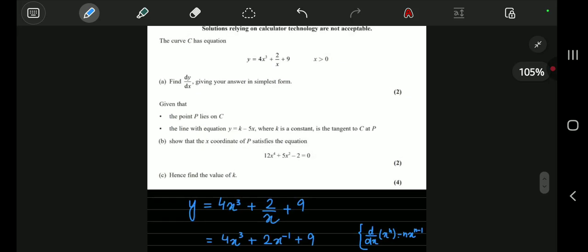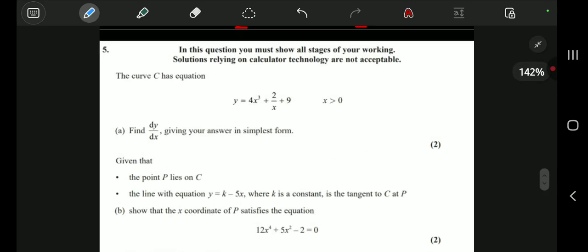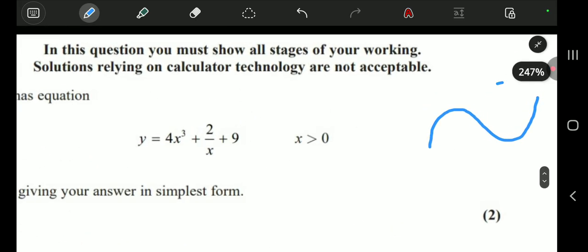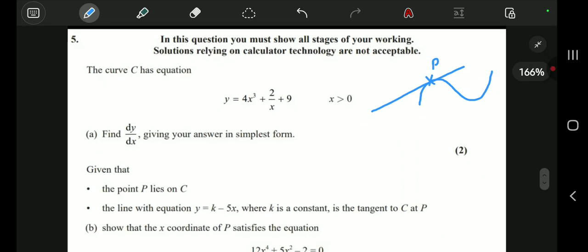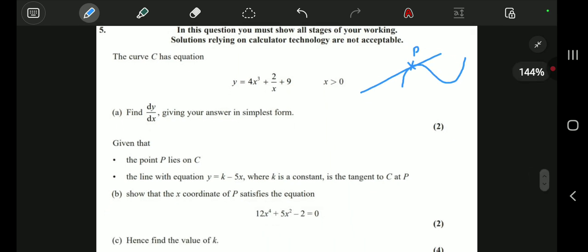Now there is part B. Part B says, given that the point P lies on curve C, what kind of curve will it be? It will be a curve like this because it's a cubic curve. Let's say P is this point, and the tangent is at the point P. The equation of the tangent is y equals k minus 5x, where k is a constant, and it is tangent to C at P. Show that the x coordinate of P satisfies the equation